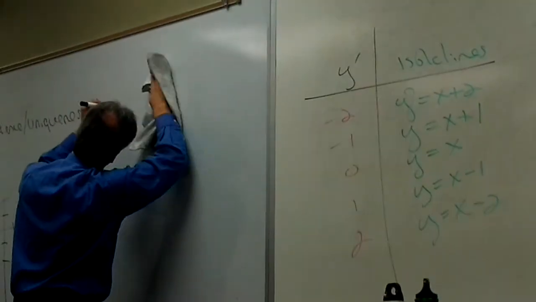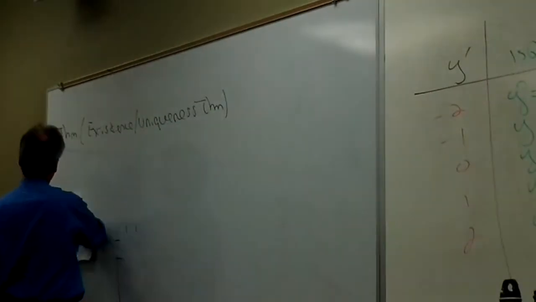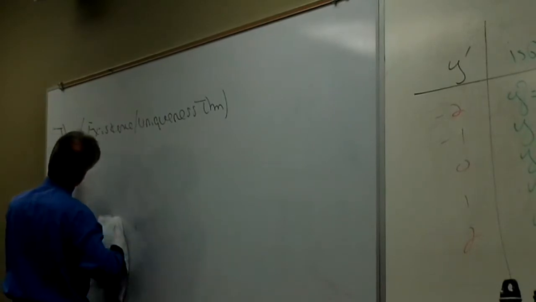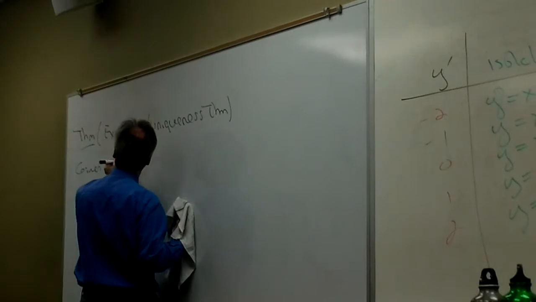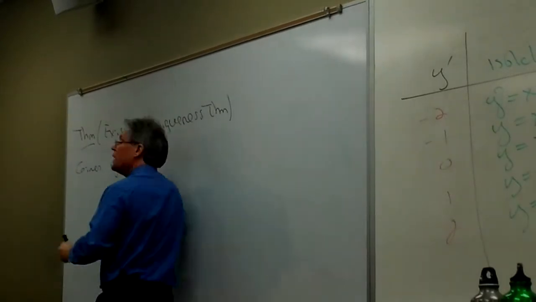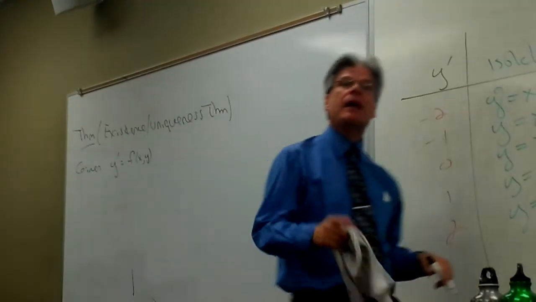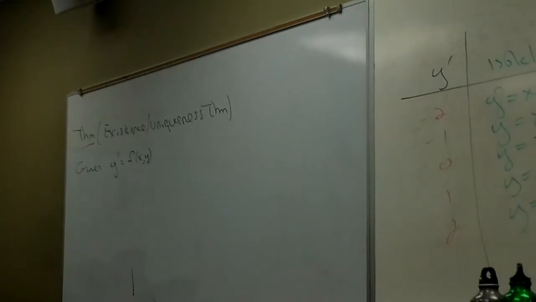Given a differential equation of the form y prime being equal to some function f in 2 variables. In other words, it's a first order DE, and y prime is isolated on one side of the equal sign, and what's on the other side is I have no clue, some function in 2 variables x and y. Given such a differential equation,